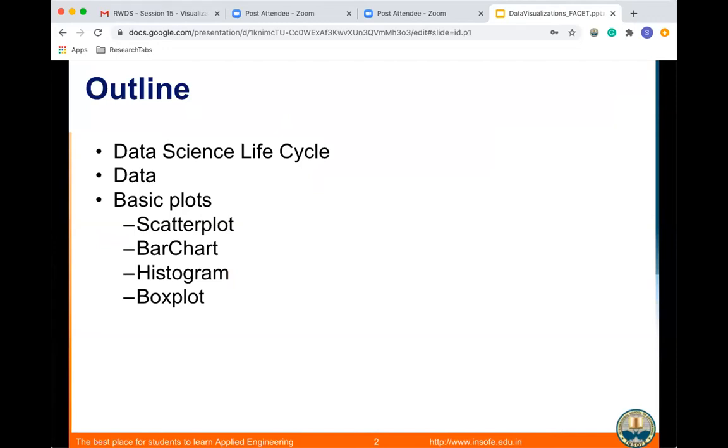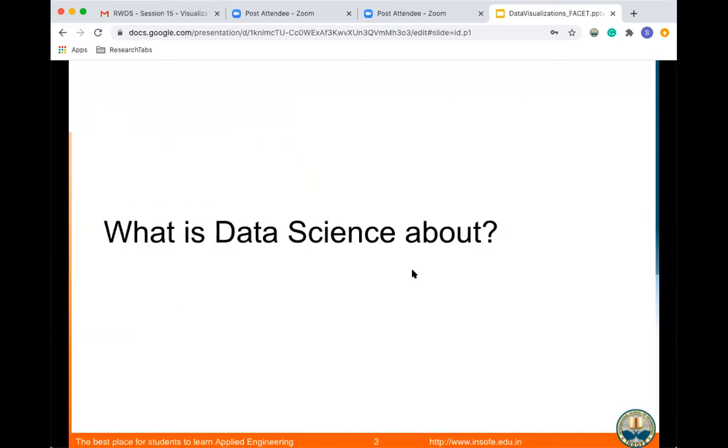Participants, you can use the chat window efficiently if you want. I want you to answer a few questions, one or two basic ones, to understand what is happening. What is there in your mind when I say data science?